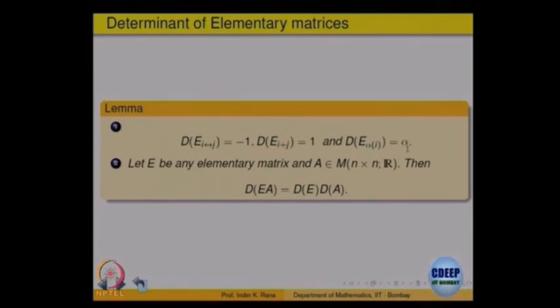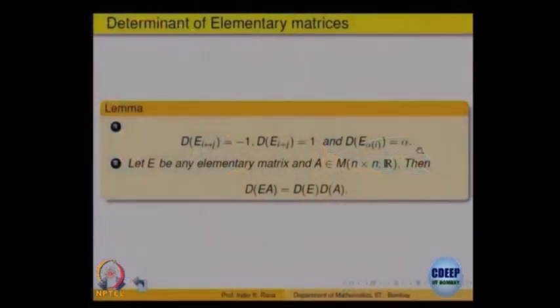So these are the 3 elementary matrices, and we have computed their determinants. First one, interchanging i with j, gives a negative sign, so that elementary matrix has determinant -1. Take the elementary matrix with the ith row added to the jth row: the determinant was originally 1, it remains 1, it does not change. And the third one, multiplying a particular row by alpha, by linearity is alpha times the original one, that is, alpha times 1. Is it okay?